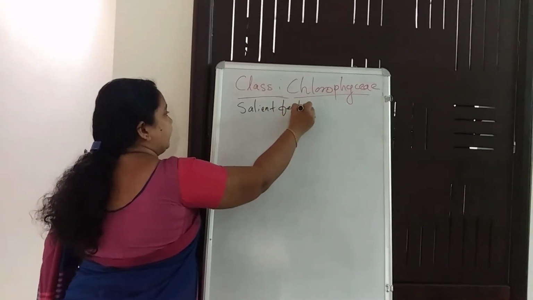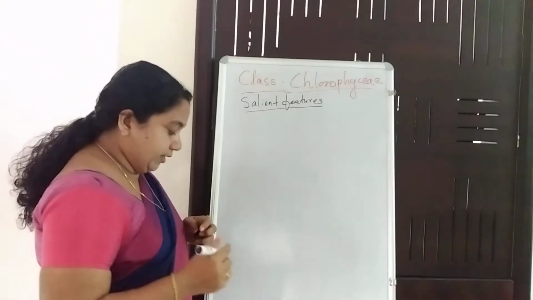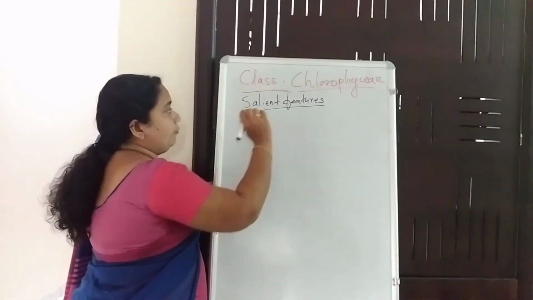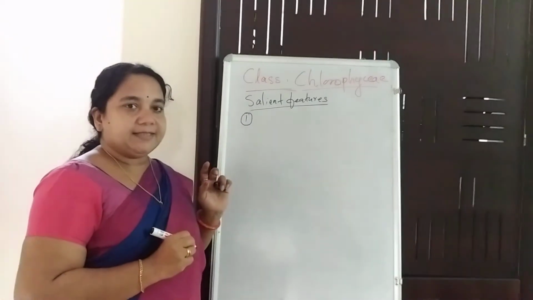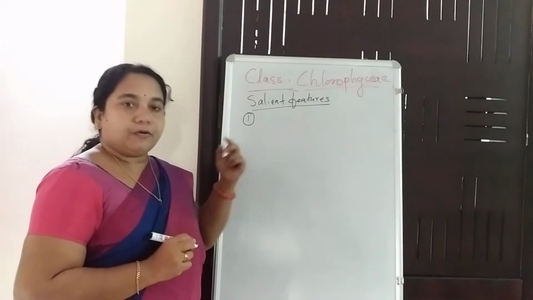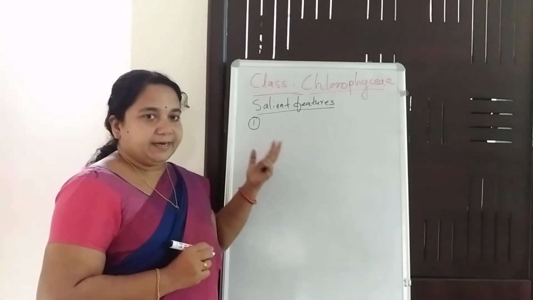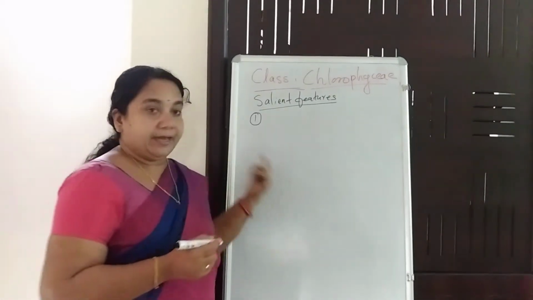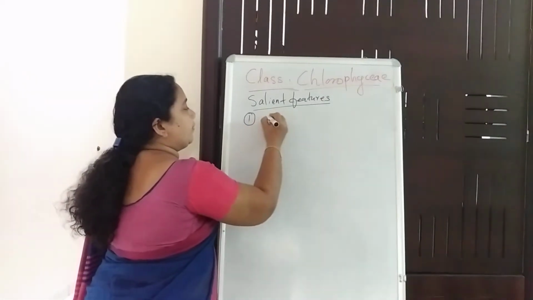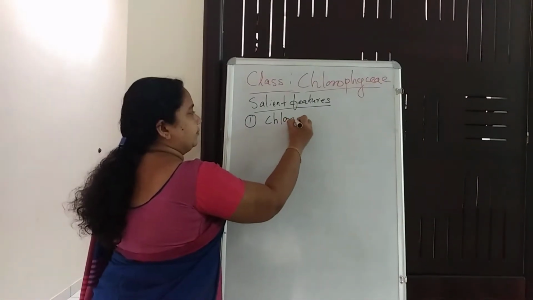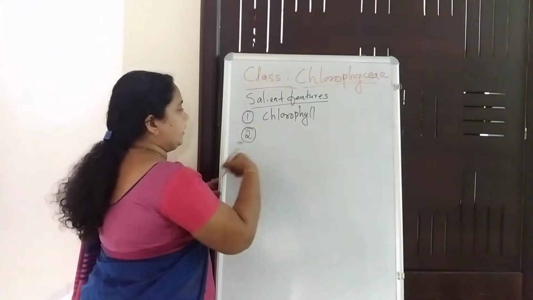We already dealt with the salient features of algae. Now we are again going through the different features of Chlorophyceae. First, you already know that Chlorophyceae has green colored pigment, chlorophyll a, b, alpha, beta, etc. Different types of green colored pigment, and also it has carotene, xanthophyll, etc. So the first one is the pigment. Second one is